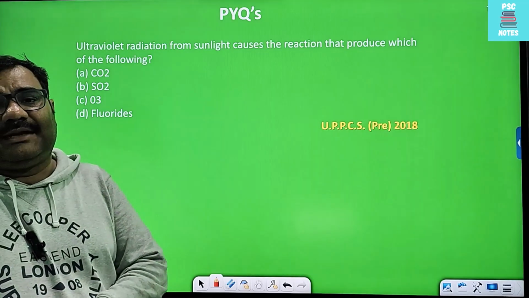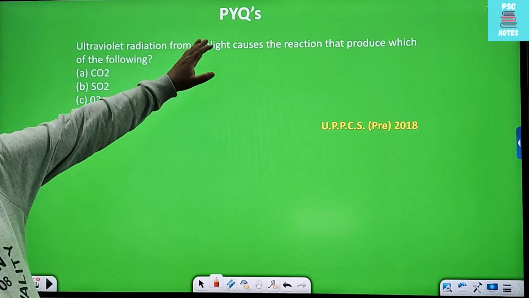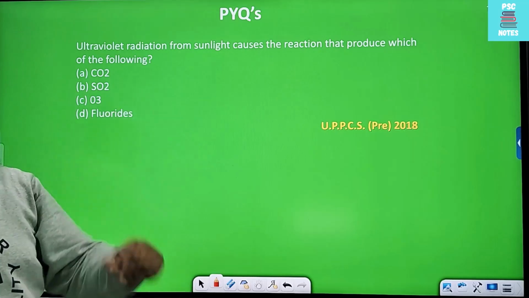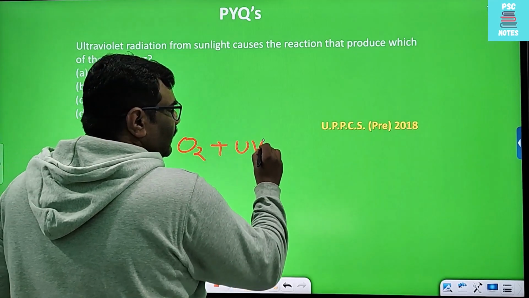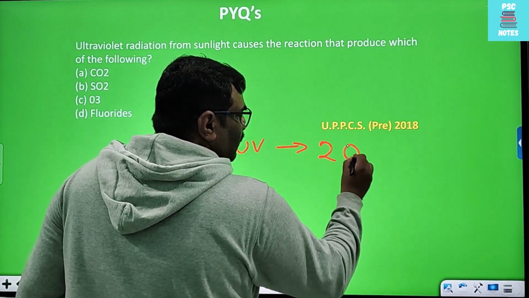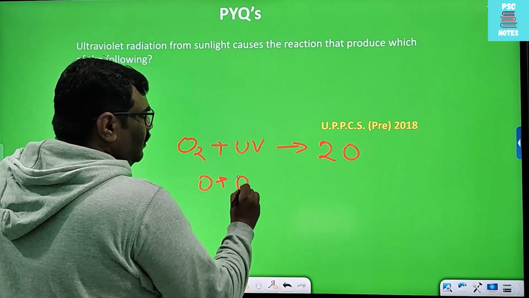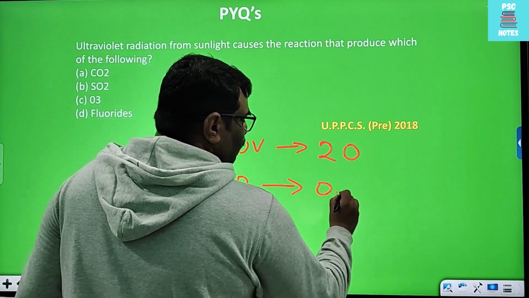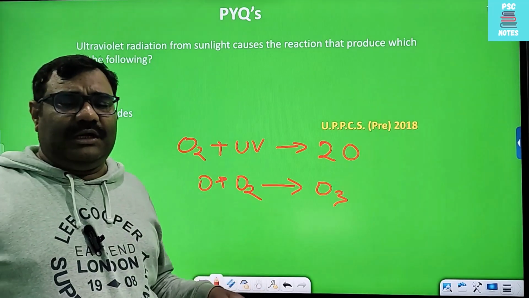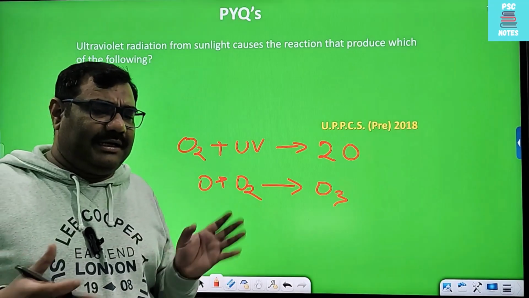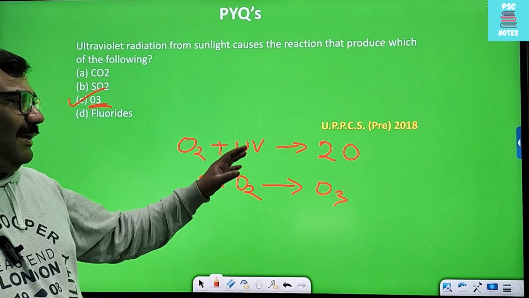The first question is: ultraviolet radiation from sunlight causes the reaction that produces which of the following? So, first, the oxygen present in the atmosphere, in the presence of ultraviolet radiation, converts to free oxygen, which further reacts with oxygen and creates ozone. So the answer is ozone. It is a natural process, and further there is one thing which we will cover in the next question. One question was already asked. So how is this rate controlled? It is controlled by the help of